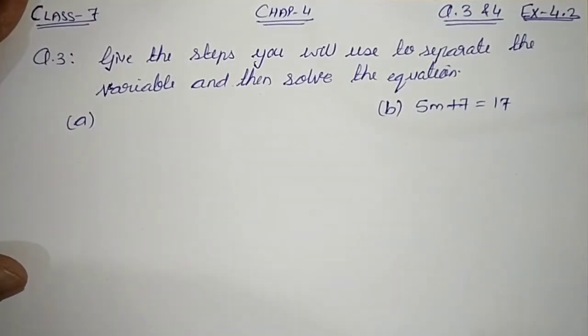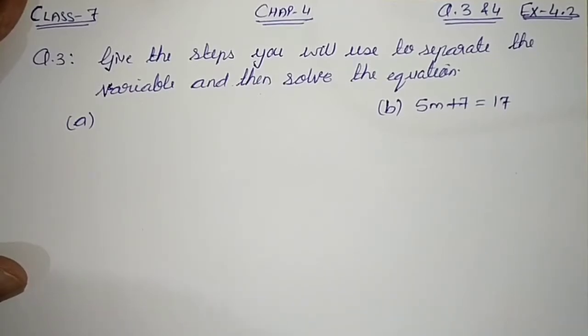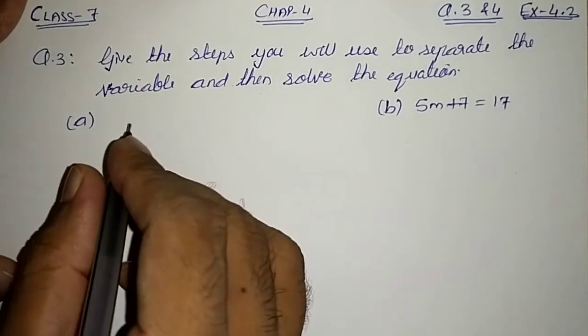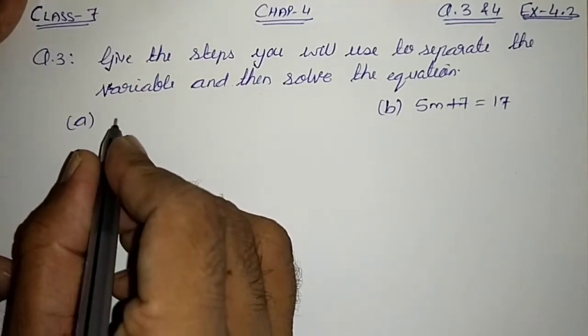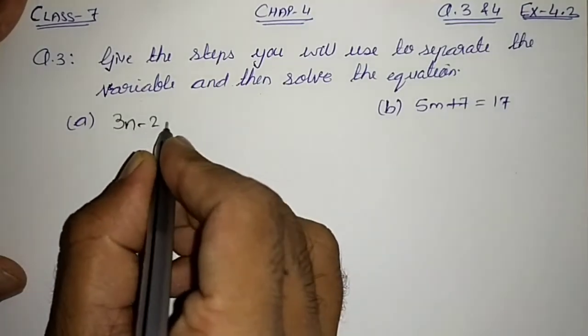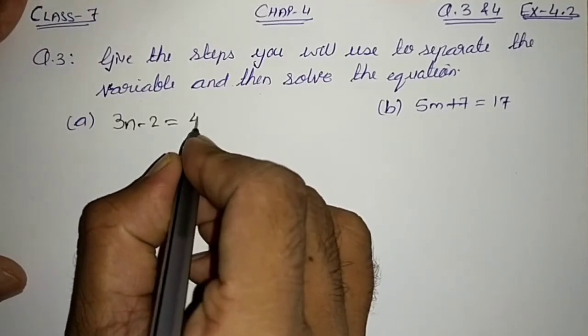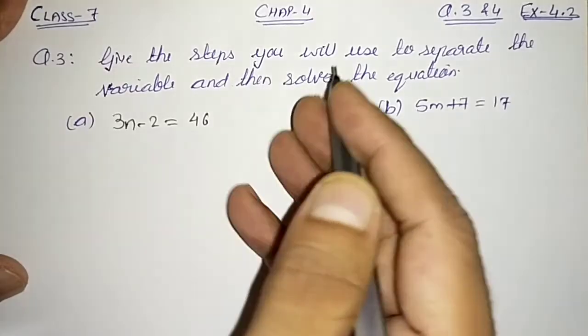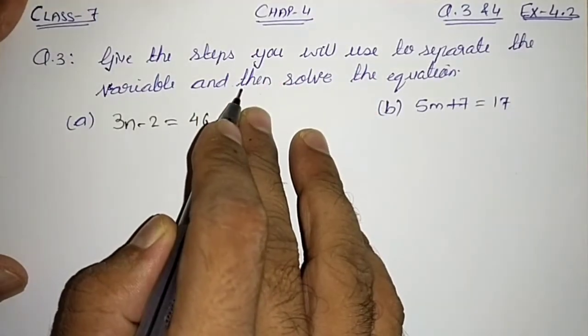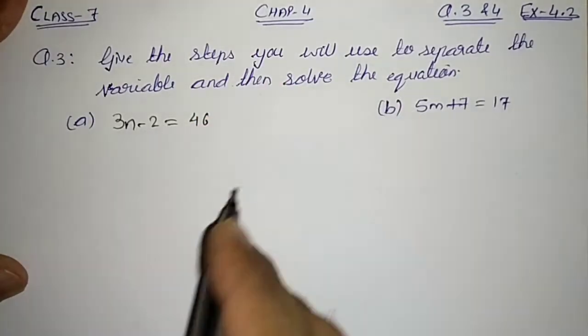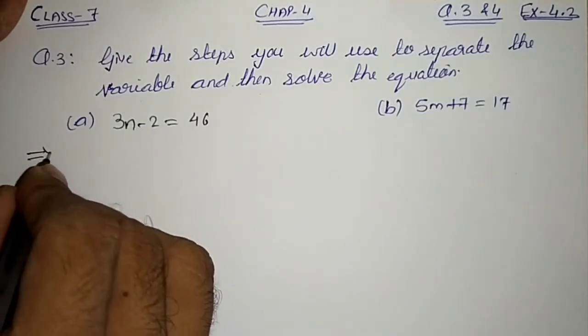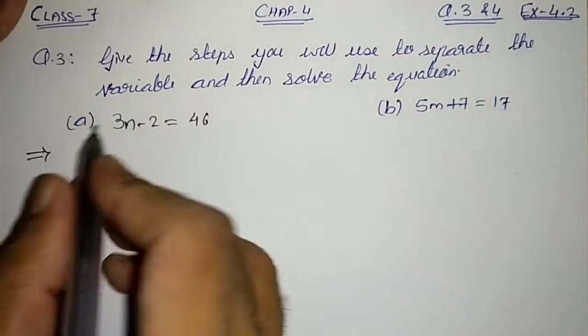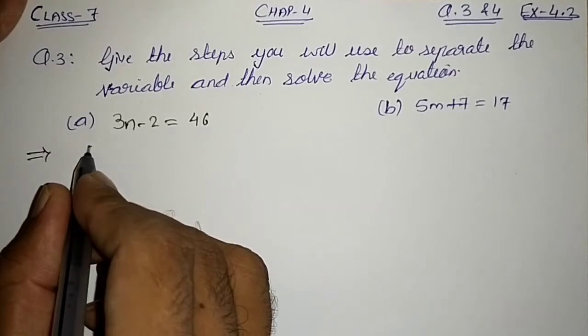They have given us 4 parts in question number 3. First is 3n minus 2 is equal to 46. We have to give the steps, whatever steps we are using, and solve the equation. So first step, we will transpose minus 2 to that side, so we will write